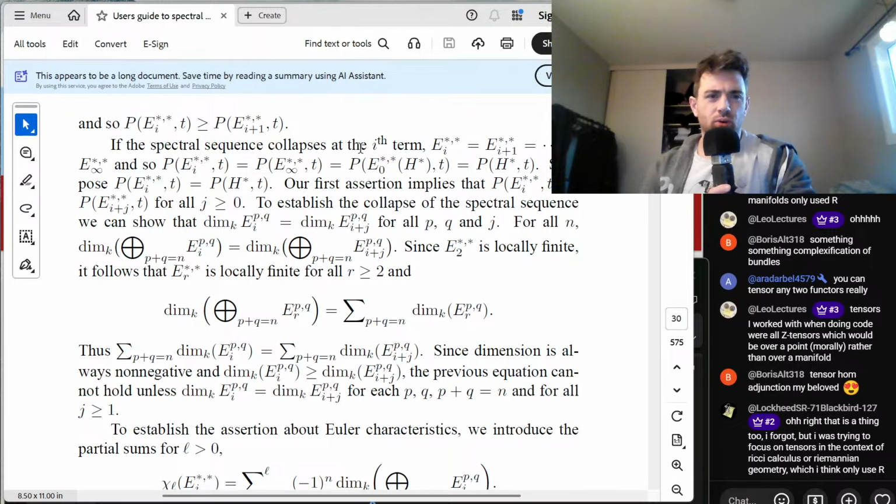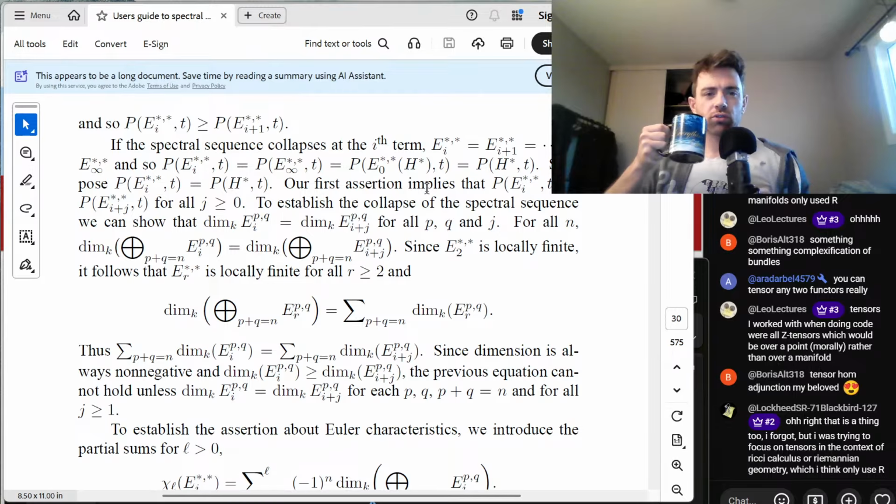Okay, so if the spectral sequence collapses, of course these polynomials are eventually equal. Wait. Oh, yes. Yeah. Suppose, however, that these polynomials are equal. This is going to be the trickier part of the proof, I bet. Our first insertion applies, this is true for all j. So to establish the collapse of the spectral sequence,